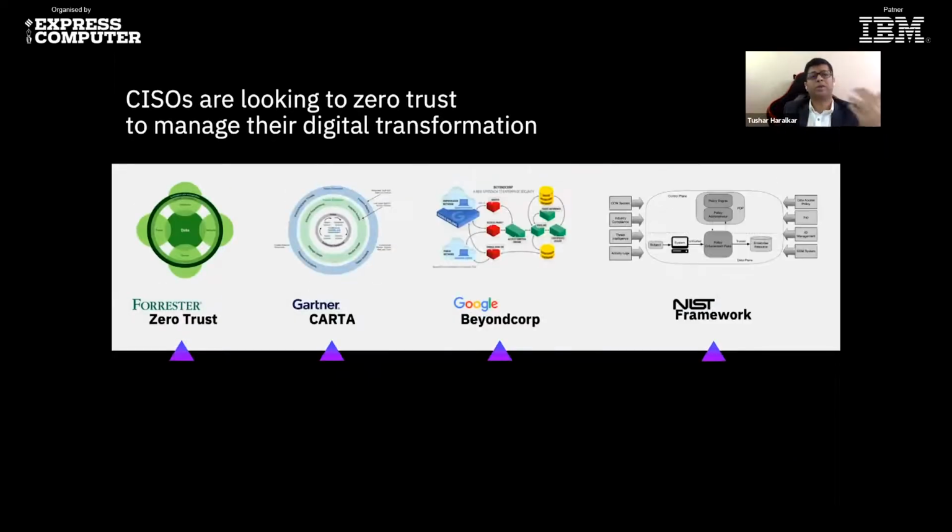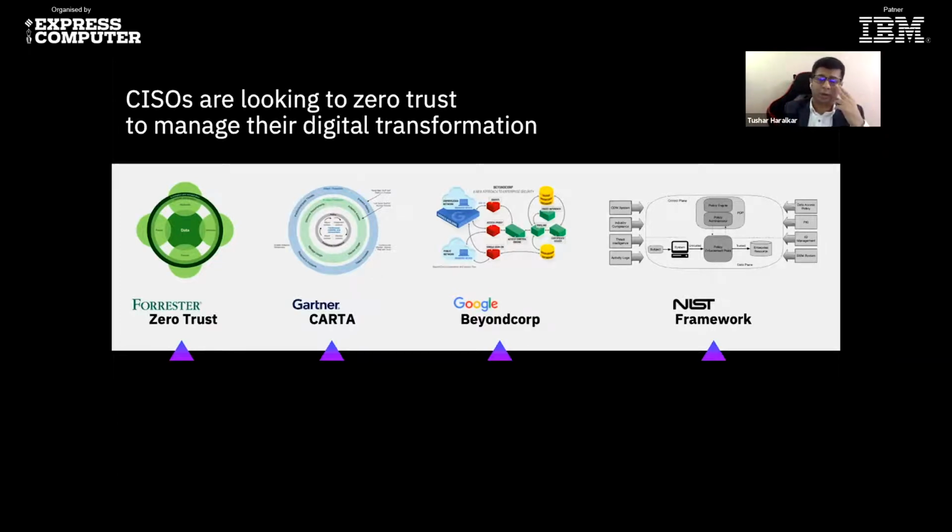Now, the obvious question is, while every OEM today is talking about zero trust, what is the framework that we should follow, right? That's where IBM helps you to identify a framework and then approach the zero trust security strategy. My colleague Shiva is going to talk about the how part of it, in terms of how you really approach it in detail. But this is just to give a quick view of the analysts like Forrester. They have laid down this framework of zero trust. There is Gartner, and then of course we have the NIST framework,